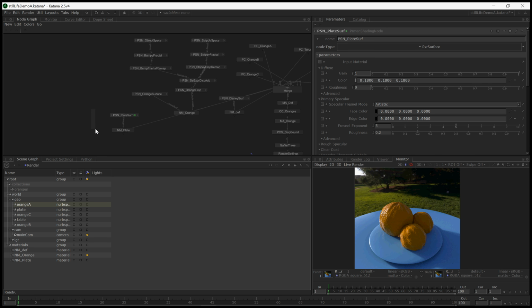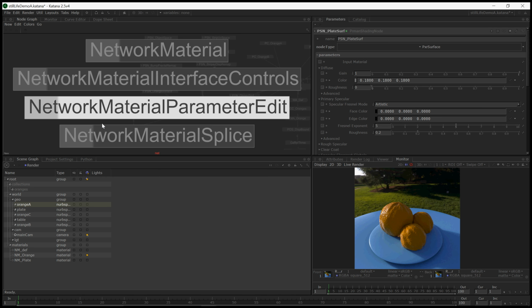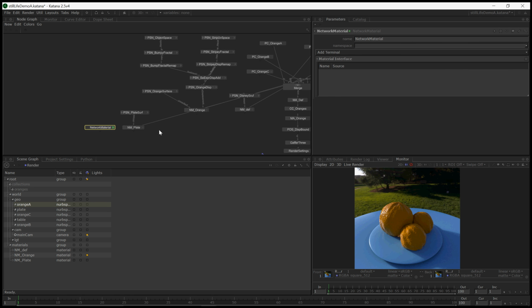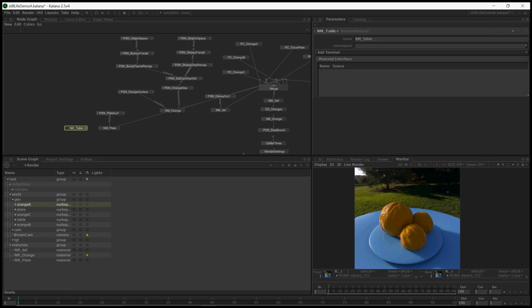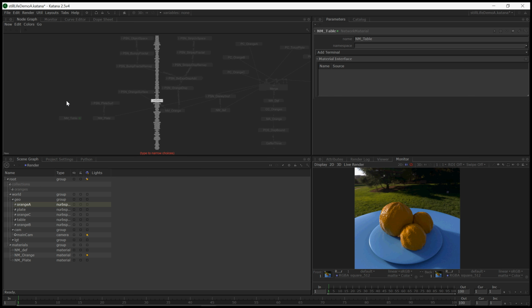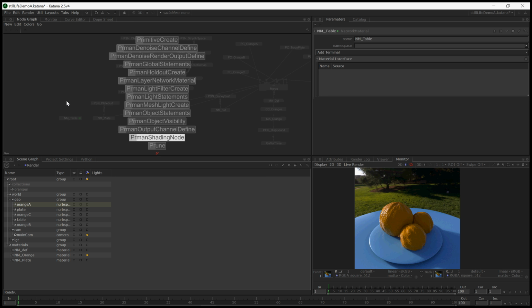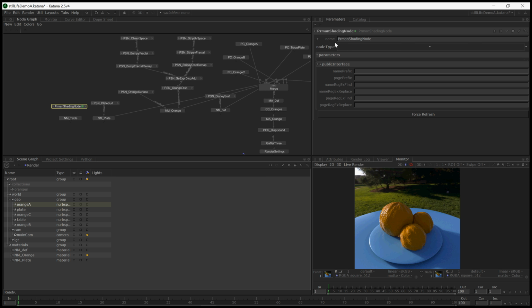Also, while I'm at it, I'll go ahead and create one for the table as well. So let's go to create a network material. I'll call this NM table. And then create a new PRMan shading node. Sorry, it's a little bit of a review, but this is something we'll be doing a lot. So table, table surf rather,